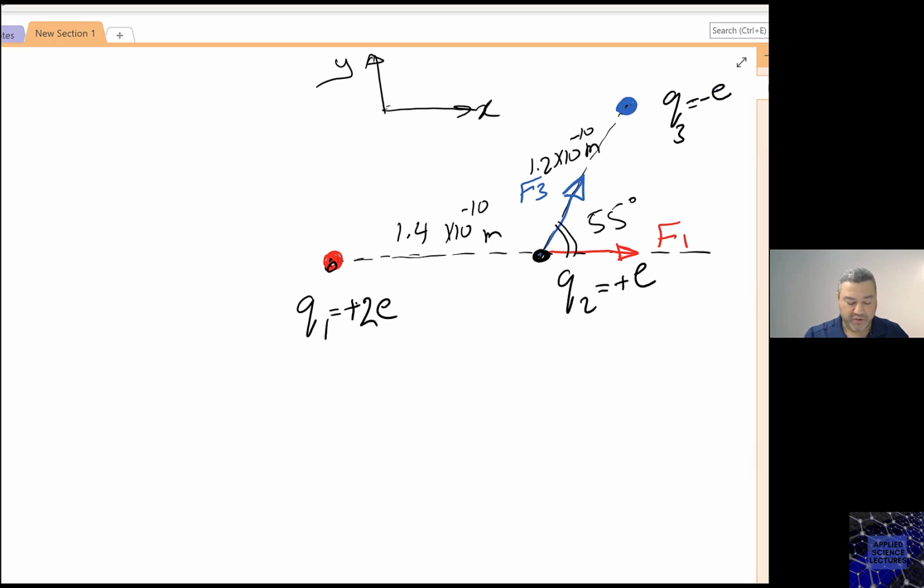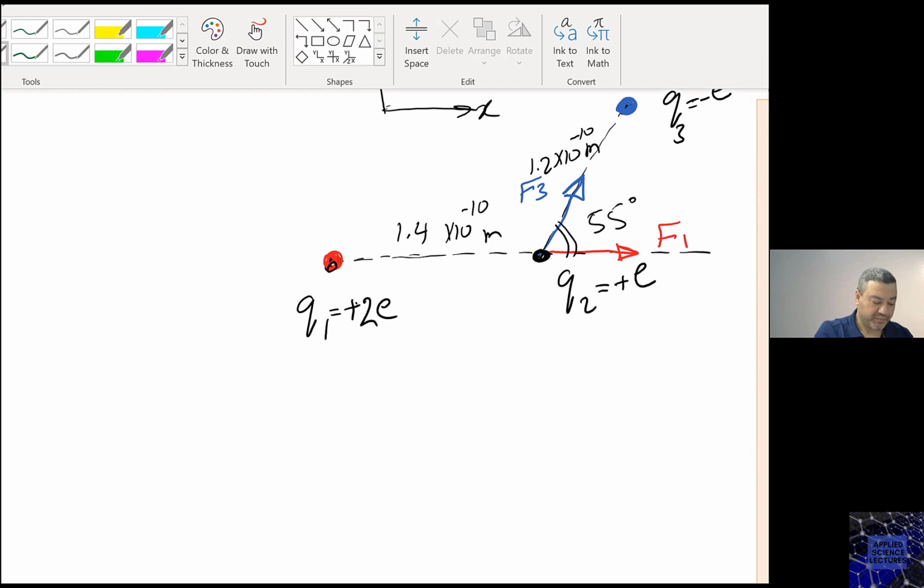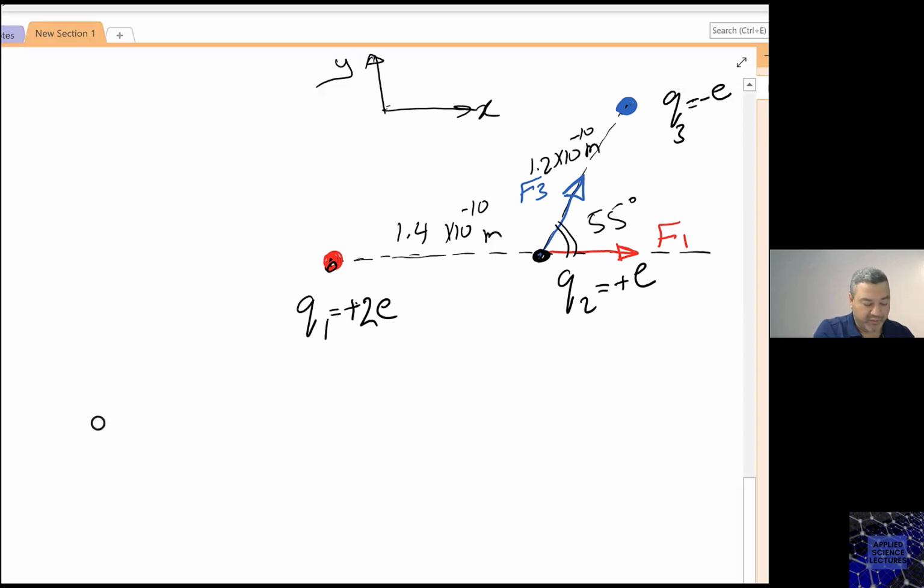I need the net force. Then I need to calculate first the values of those forces. So the magnitude of F1 is K times Q1 magnitude, Q2 magnitude divided by R squared. What is the R squared? 1.4 10 to the power minus 10. So I have here, let me put it here, F1 equals to